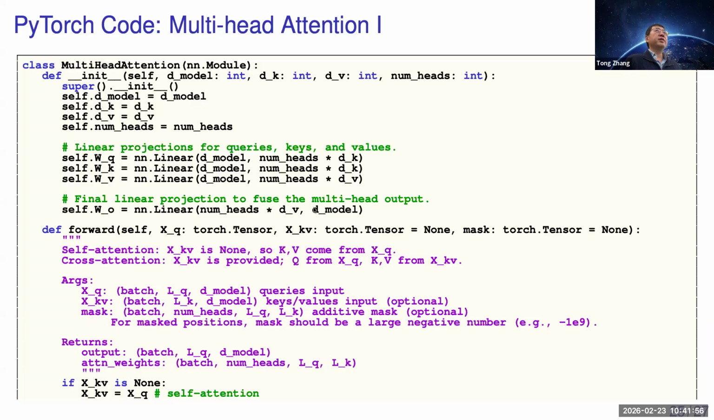This one is another linear projection, right? Number of heads times this dimension to get to the model dimension, because each one has m heads. Basically, yeah. And the forward we can take a look. Forward is